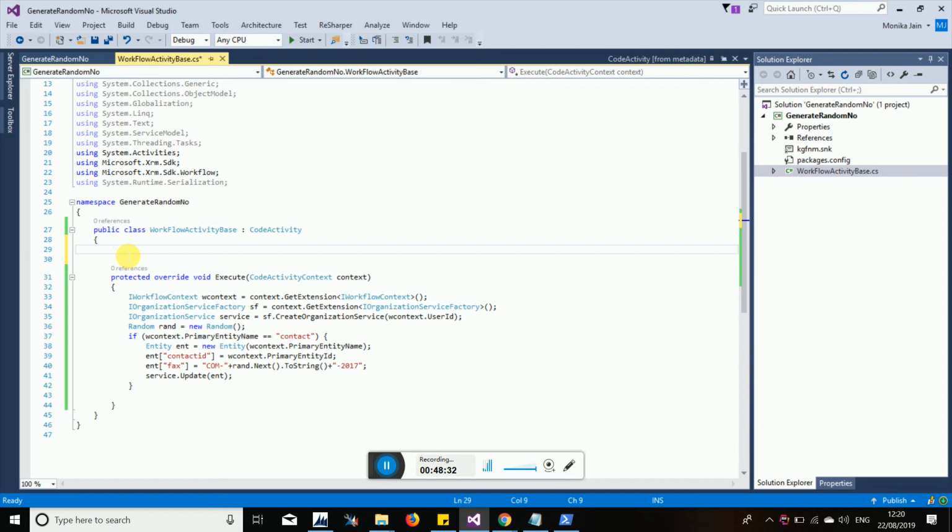Two ways are there: getting the value from a workflow to a custom code, or after performing the action, you can update that same value to your workflow. That is output parameter, okay? Taking the input to a custom workflow and then passing the output from your custom code to your workflow. Understood? From the workflow to custom workflow, from custom workflow to workflow.